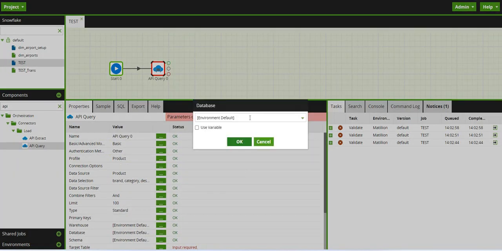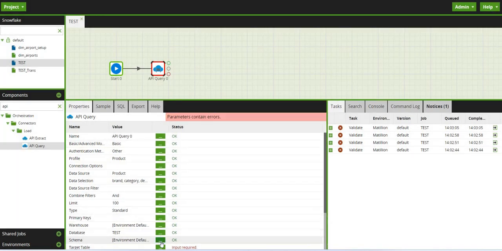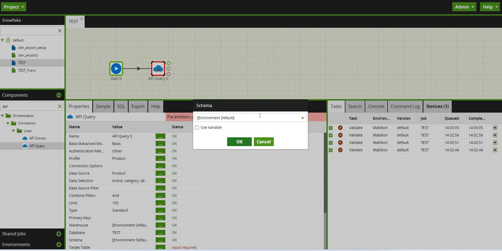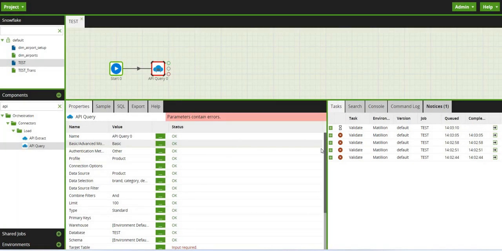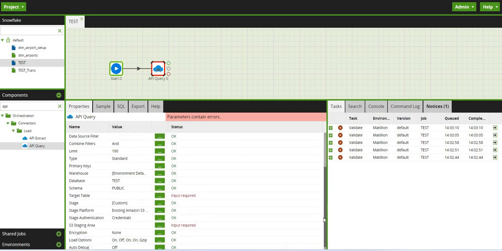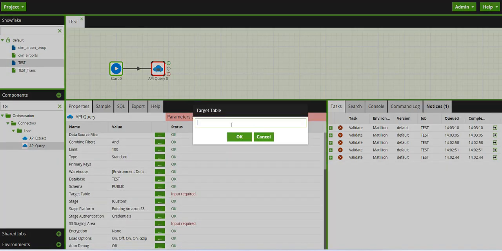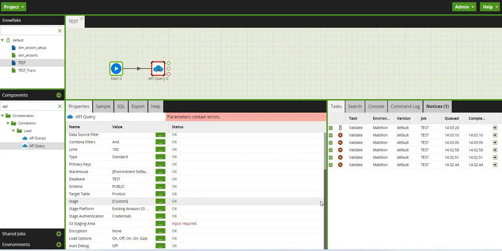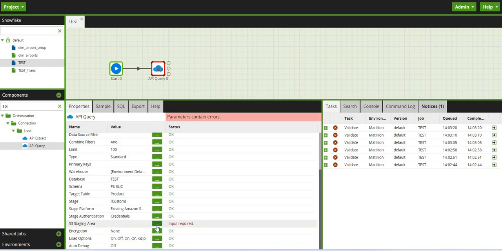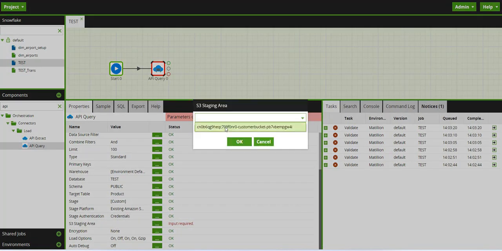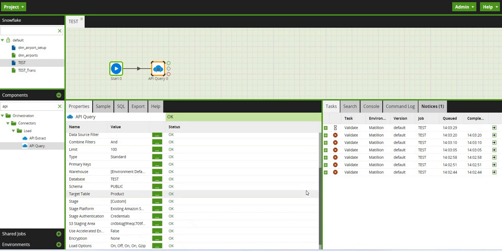Database: in which database you want to load this data. I am selecting this test database and the public schema. Target table, I am naming it as product. Staging area, I am selecting the S3 staging area.